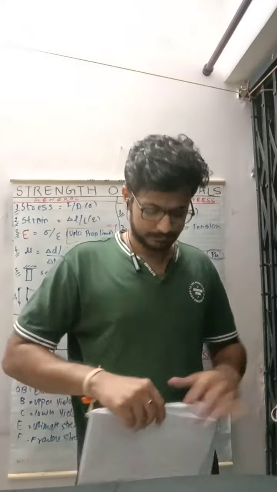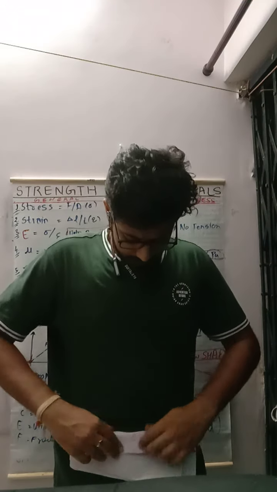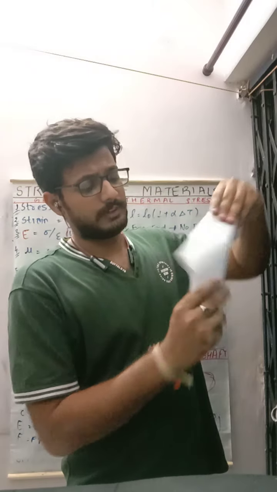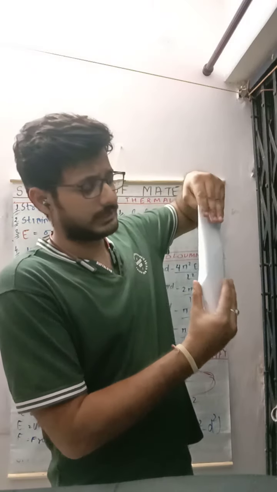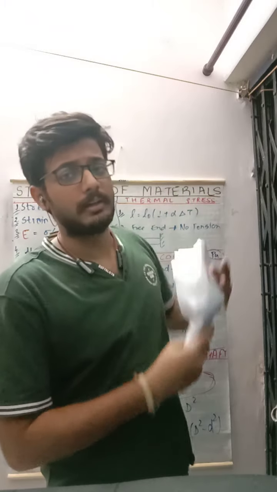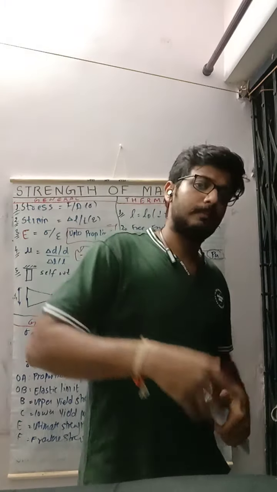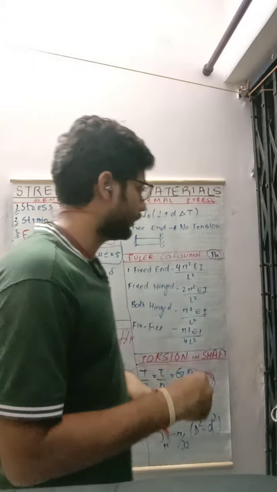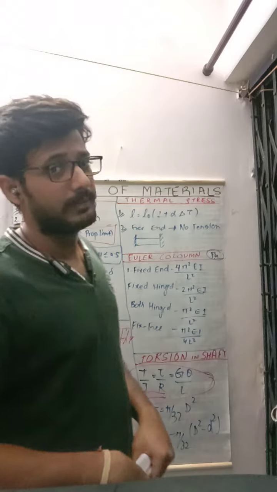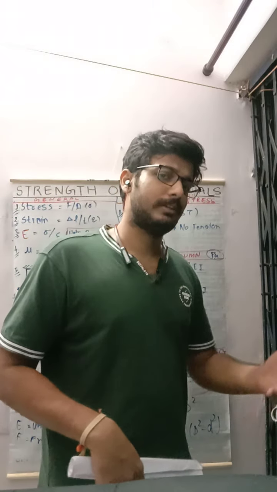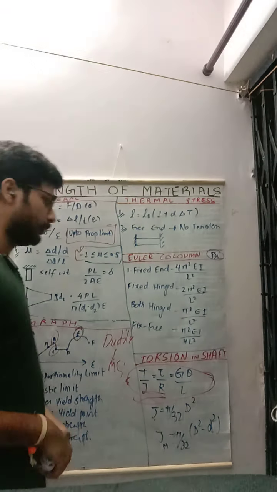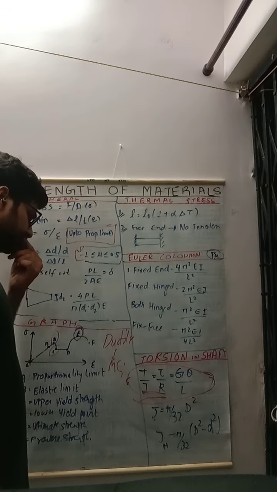Let me try to show you. Suppose this is my column and I'm applying force. After a certain amount of force, what will happen? As you can see, this phenomenon is buckling. It will happen after a certain critical force. The formula of the critical force is as shown on the board. As far as JEE examinations are concerned, the numerical part is very small, but you can write down the formulae for your own notes. So these are the 4 formulae.